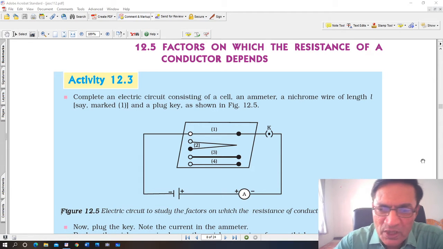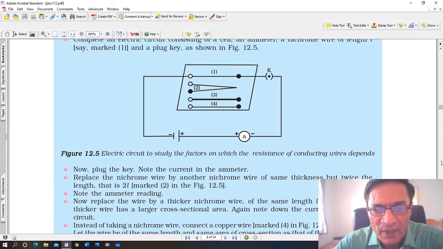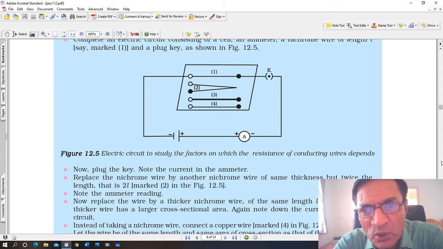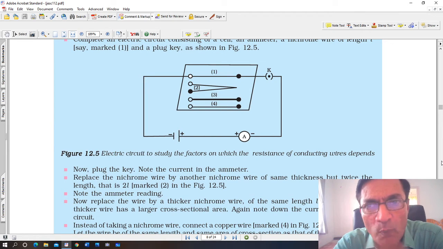Alright, now you can see a simple circuit is shown here. In this activity, there is the positive of a battery and the negative of a battery. There is an ammeter to measure the current passing and a switch. As soon as the switch is depressed, it is a closed switch. What you see in the figure is a closed switch. If there is no black dot, it means it is an open switch.